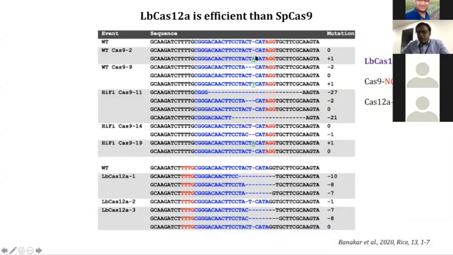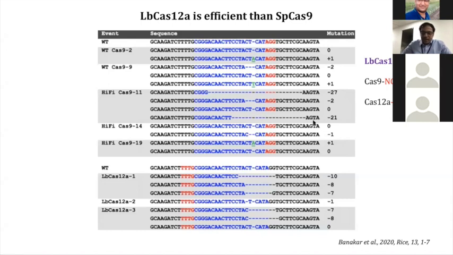Another important aspect to notice here is that when Cas9 cleaves, you normally end up with small 1 base pair or 2 base pair insertions. They may be templated or non-templated insertions. Whereas in Cas12a, you rarely get the insertion. So what happens is you get clean deletions with Cas12a.